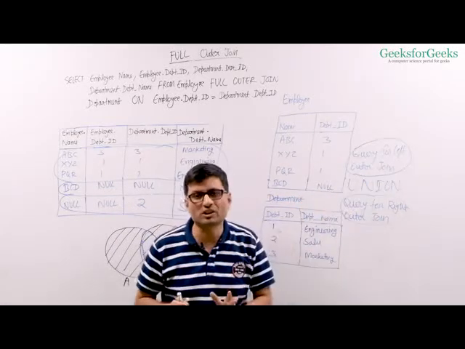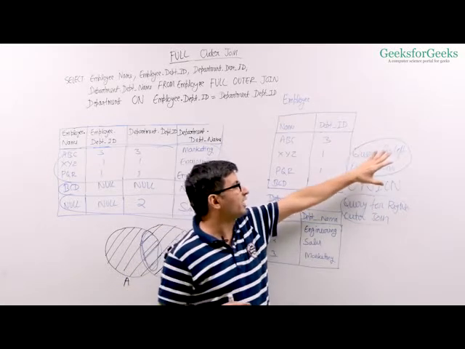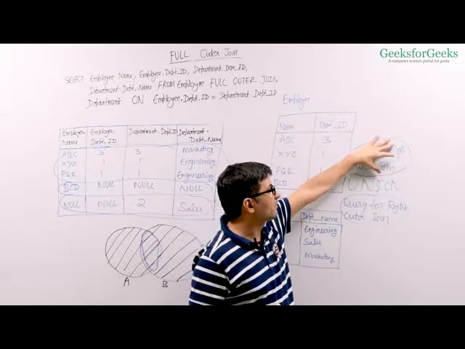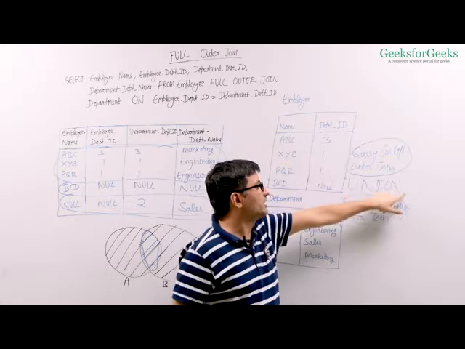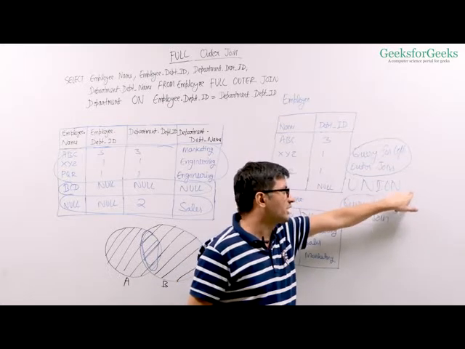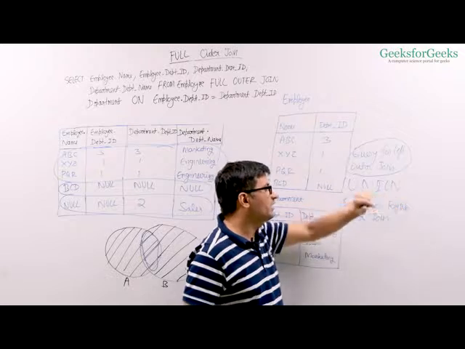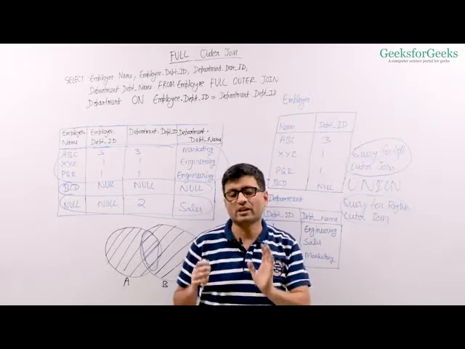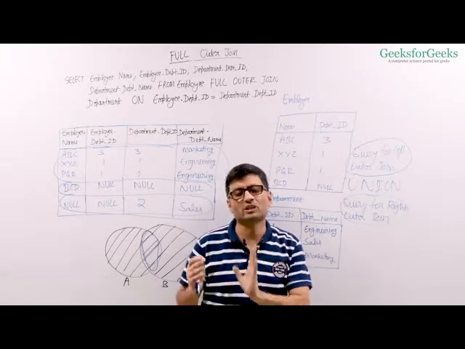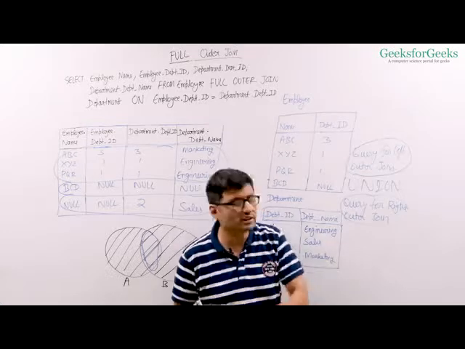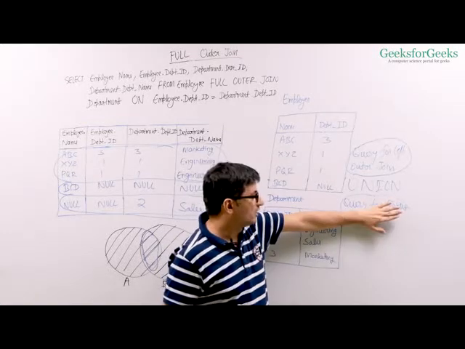We can optimize this query also by writing some clever way, writing the left outer join query first and then doing the union all so that there are no duplicates, and then write the second query in a way that it does not have duplicates. So we can use inner join and more complex syntax to write the remaining query.